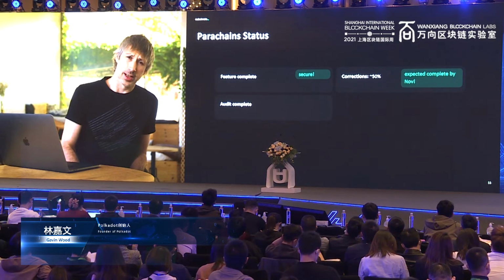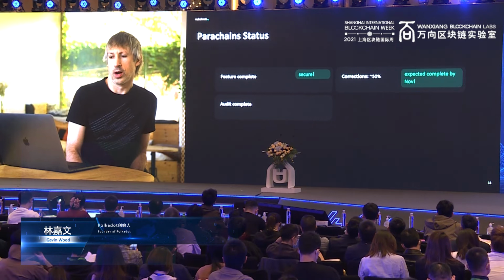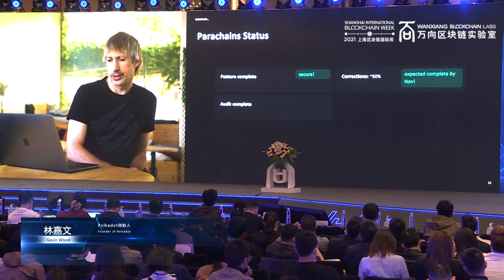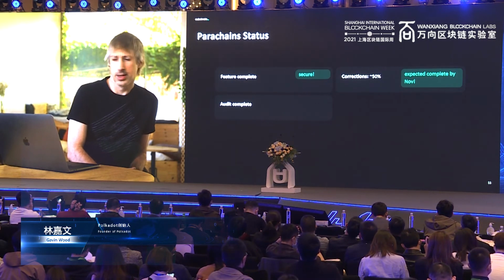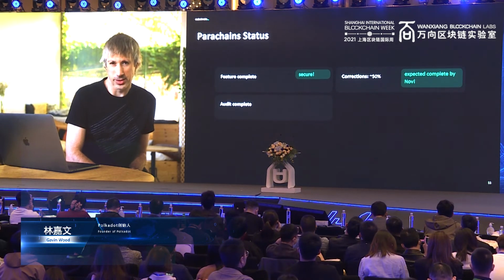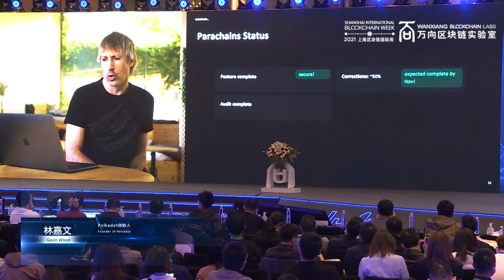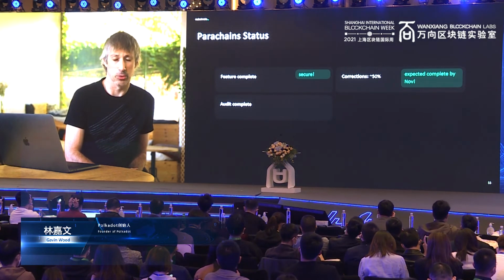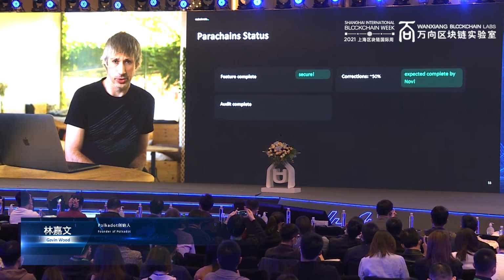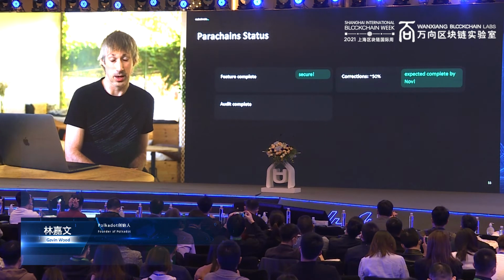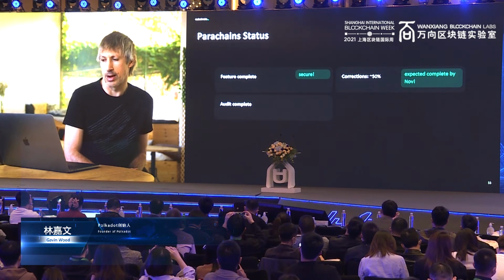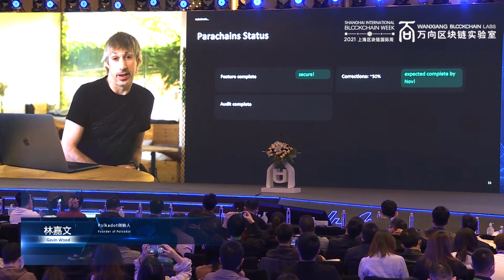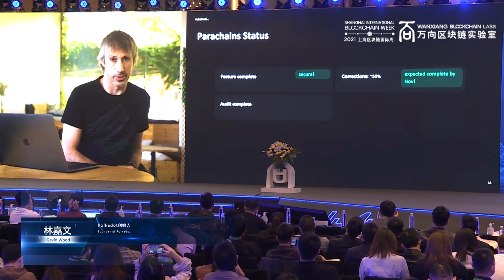In terms of the status of parachains, we're happy to announce that the parachain code in our code base is feature complete. It's considered that it has all necessary security features. Now, the audit is also complete for this code. There are a number of important corrections to introduce prior to this code being used for anything remotely production. But we do expect these corrections to be completed in the not-too-distant future, probably in the next few days, but we would expect it in November at the latest.